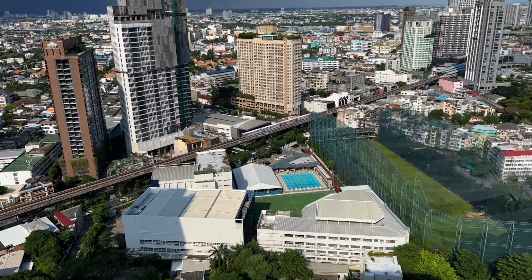But in summary, just to wrap up this condo, the perk of this condo is that it's really close to BTS Ekkamai, giving you great connectivity to the rest of Bangkok. It's got great amenities. You get great views over Bangkok as well, but it just does get a little bit busy. And if you like the look of this particular condo unit that I toured you around and you want to rent it out for yourself for maybe 2 weeks, 3 weeks, a month, 2 months, if not more,